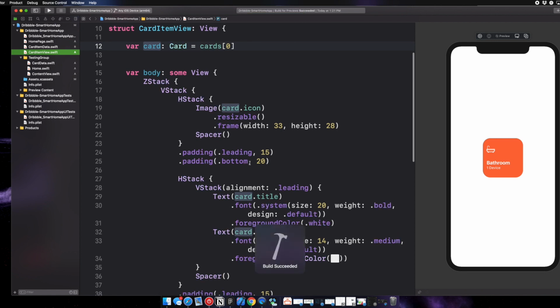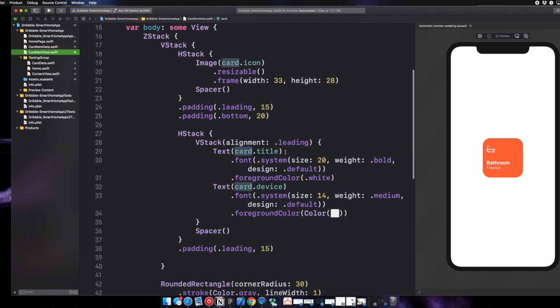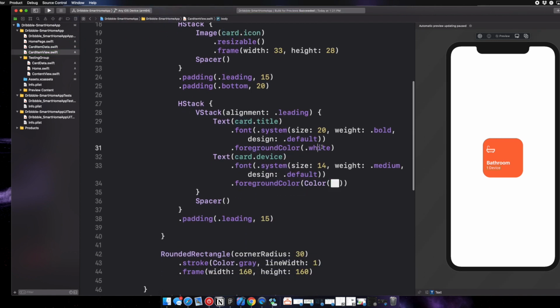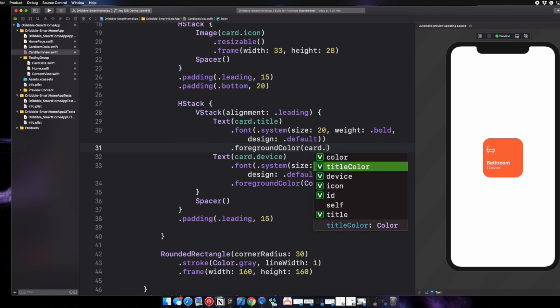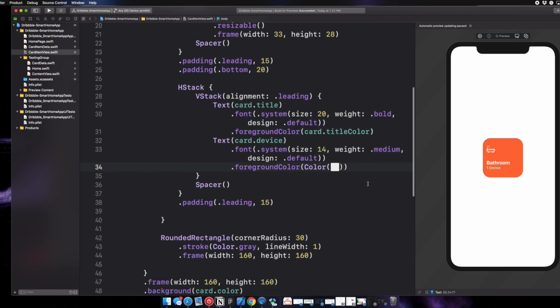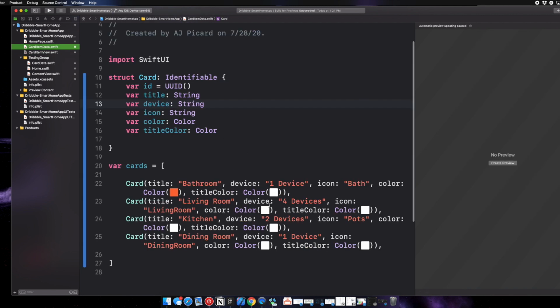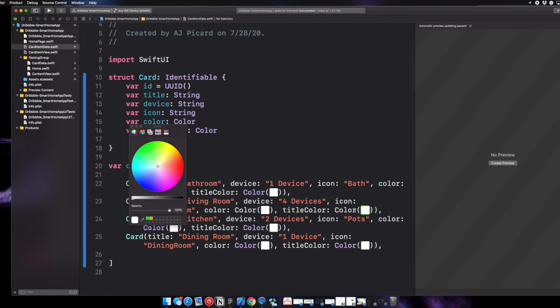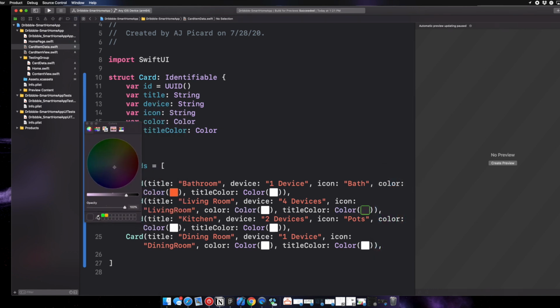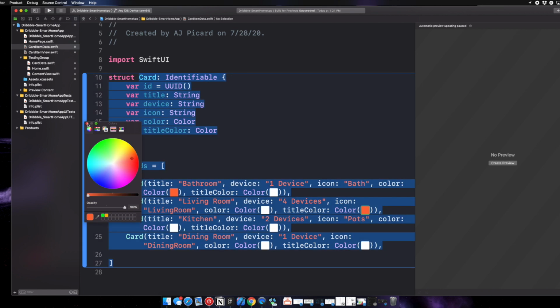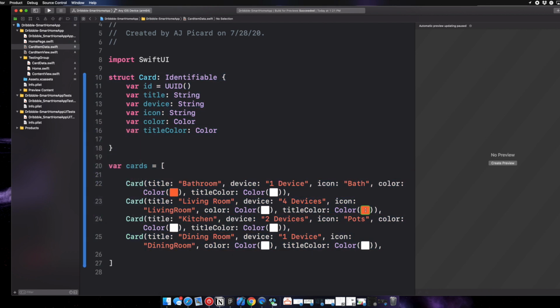All right, and then we're gonna go back to our card item view here, and build succeeded, and we're gonna go down to this foreground color right about here, and we're gonna do card dot title color. Okay, and we need to go back to our data, and we need to make this actually the same color as this guy, right? So we're just gonna copy this, paste,